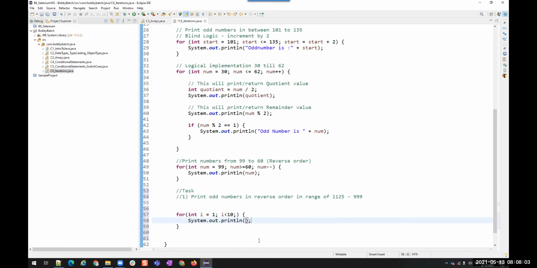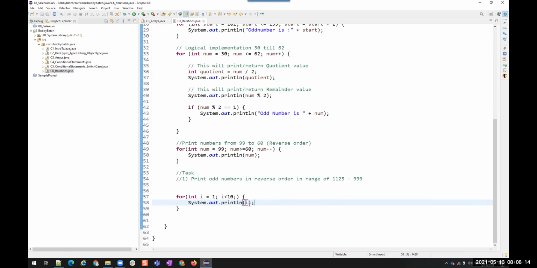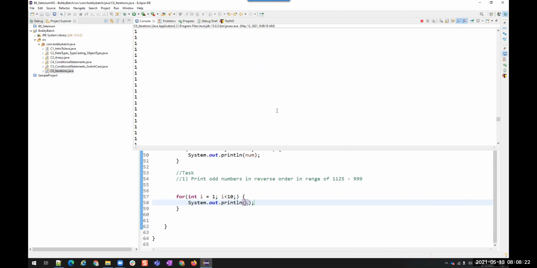I want to print the numbers from 1 to 10, so I'll print i. So what are we expecting here? To print the numbers from 1 to 10. Let me run this. But is it stopping? It is continuously printing 1, right? You're seeing the console, right?